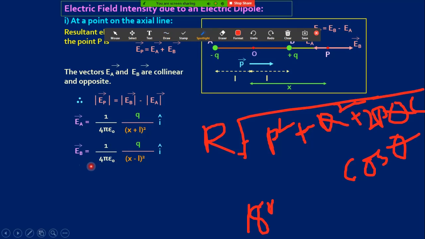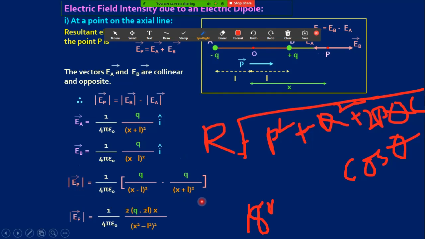And similarly, EB = 1 divided by 4 pi epsilon naught, Q by (x minus L) whole square, into unit vector. The unit vector i cap is written here because this point is along the x-axis, and along the x-axis the unit vector is i cap. Now the total electric field E is equal to 1 divided by 4 pi epsilon naught, Q divided by (x minus L) whole square minus Q divided by (x plus L) whole square. After the calculation we are getting